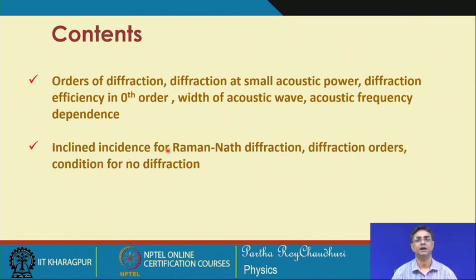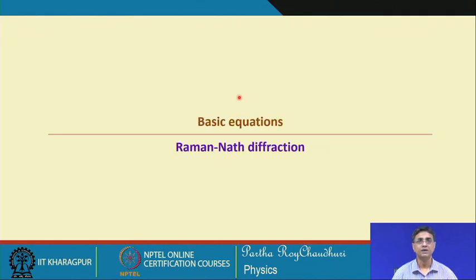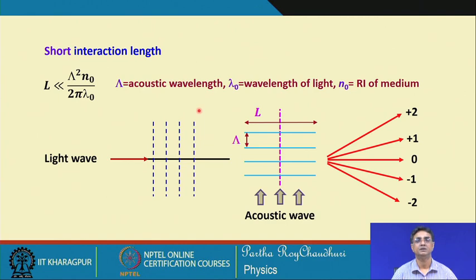Let us suppose that the light wave is incident obliquely with some inclination, then how this set of equations modify, and how this inclination factor goes into the diffraction efficiency, the orders of diffraction, their amplitude, their intensity, and the dependence, that we would like to study with this example, when you have an oblique incidence for this acousto-optic cell. So, we will recall the basic equations that we brought out for this Raman-Nath diffraction, because if